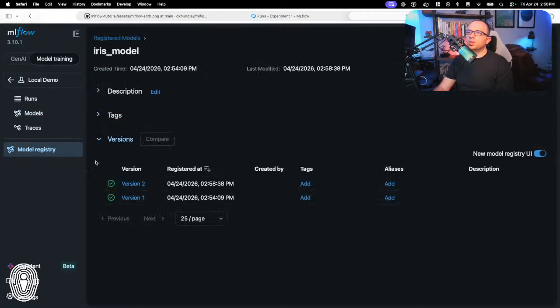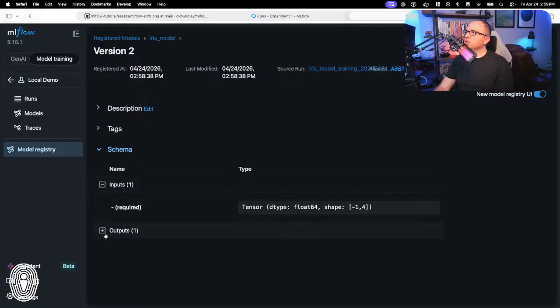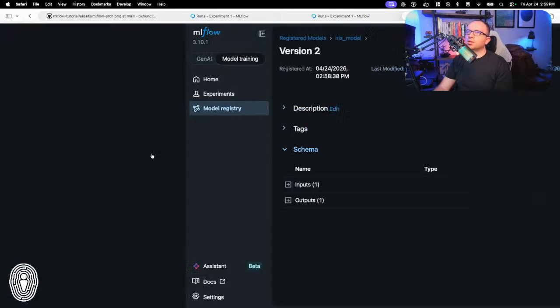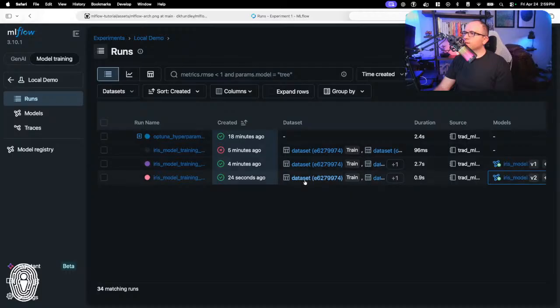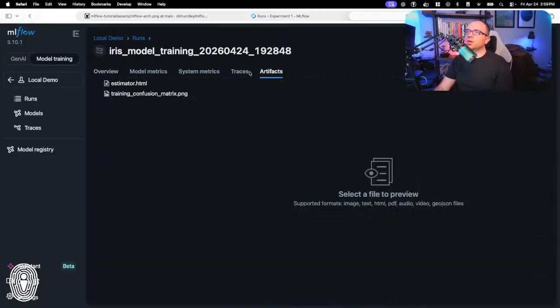If I come in here and look at version 2, this is where the UI gets a little bit strange, because clicking around in the UI can be a little different than what I expect. I'm getting a little lost here again. I think maybe this is what I want to click on. So Iris version 2 here, and this is just showing the run.